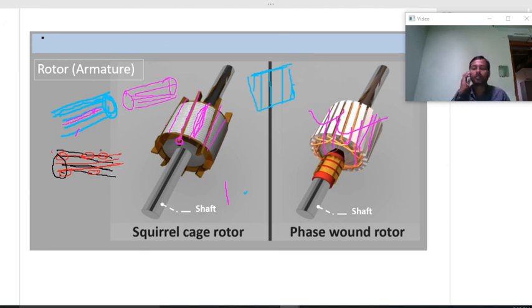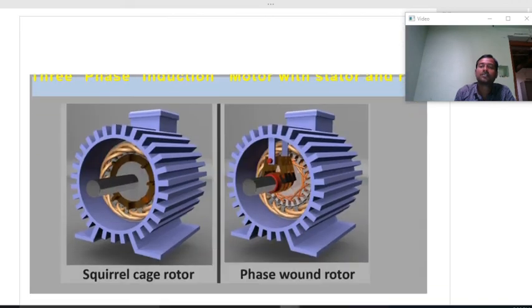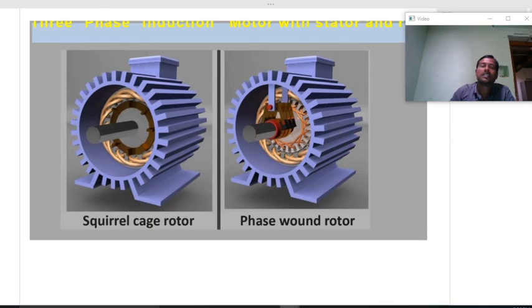To avoid such problems, these copper bars are skewed at a certain angle. In the same way, here the slots of the wire wound rotor are also skewed with a certain angle. That certain angle is used for smooth operation, which is why we place the copper bars at a certain angle. These are the major differences and construction details of the rotor of a three phase induction motor.